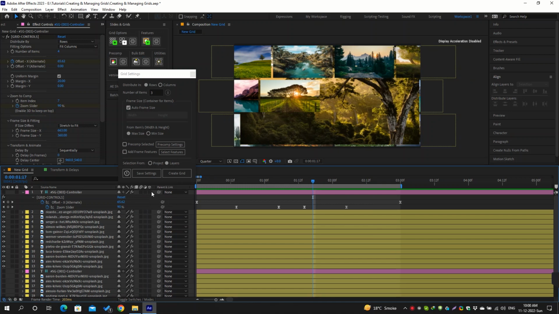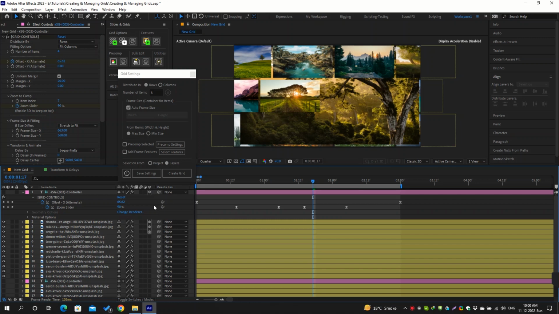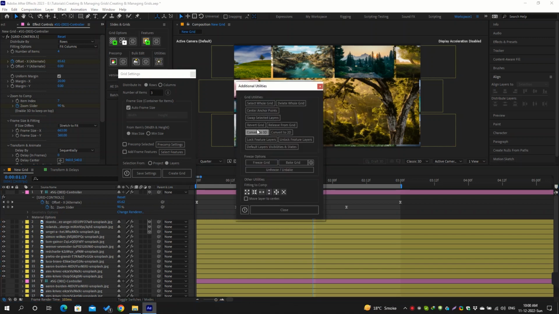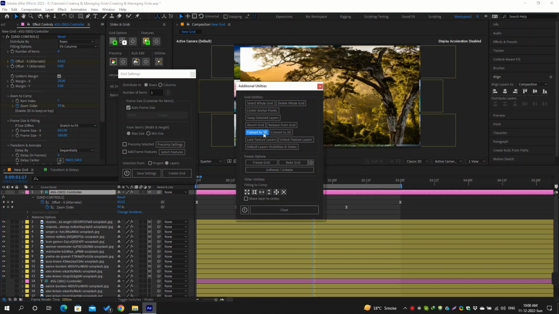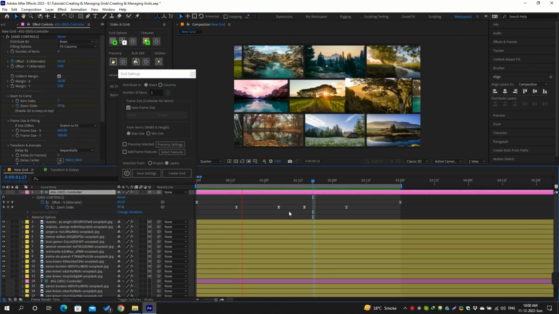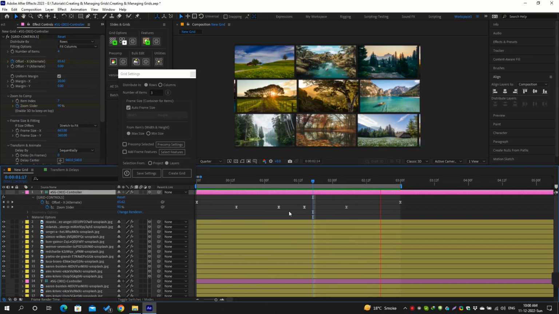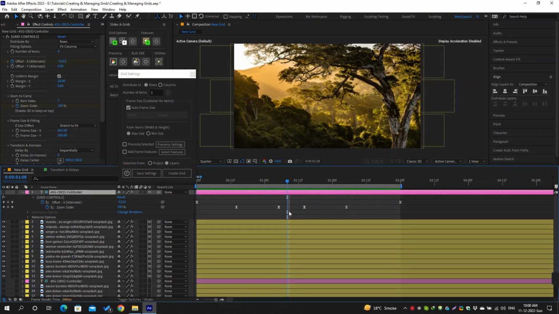You can do this manually or use this option in the additional utilities dialog. Now you can see it will always stay on the top no matter what grid item index you use. Let's continue with the next property group,